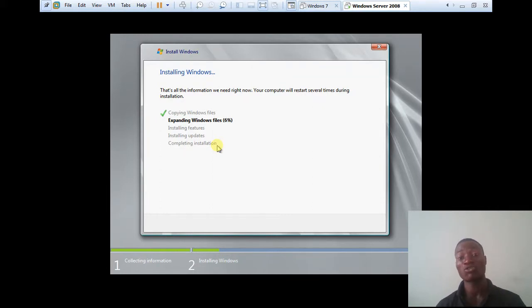You can use this to create any virtual machine that you want. You can create Windows 7, Linux, any operating system that you want. You just choose the operating system that you want to create, and then you are good to go. As you are waiting,